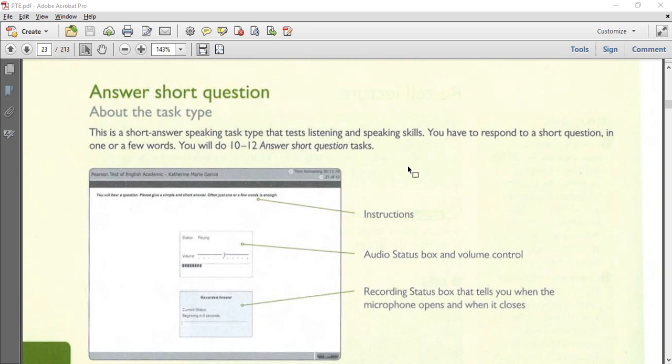Alright, so today we are going to look at the answer short question type, and let's get started. This is the short answer question type that tests listening and speaking skills. You have to respond to short questions in one or a few words. You are required to do it for 10 to 12